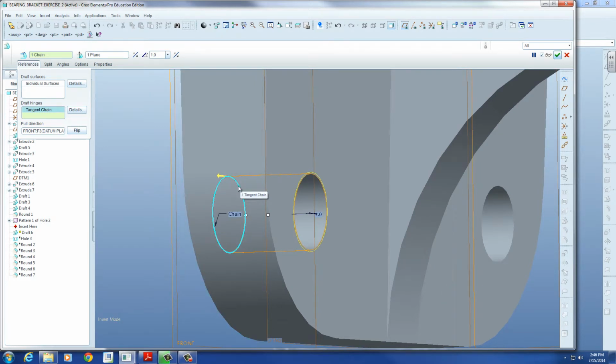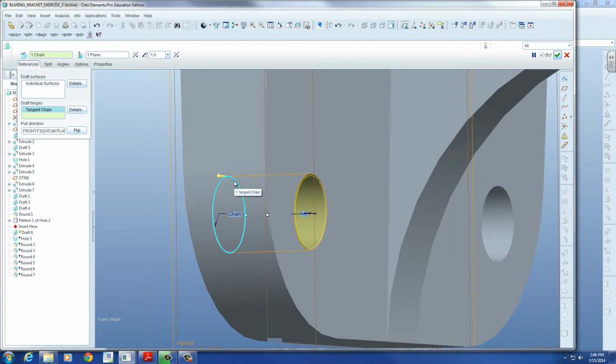If we want the bottom to remain constant, then the top has to get... That's right. So which one's more important, retaining the aspect ratio at the bottom or the top? After you get finished with this draft, you need to look at the clearance in the hole. You may have to increase the size of the hole with the draft on there. Does that make sense? If you want to retain the clearance between the bottom,